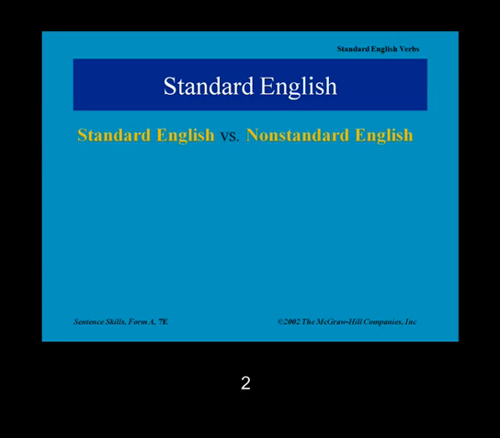It's a more casual type of language. It's the language we use with our family and our friends. It's not perfectly grammatically correct. Everyone uses non-standard English at some time. The goal of this session is for us to learn standard English as that English that we'll use in the office. First of all, standard English uses standard verbs